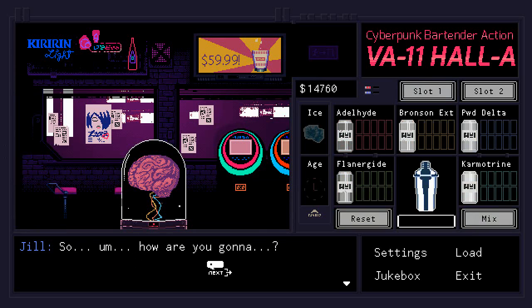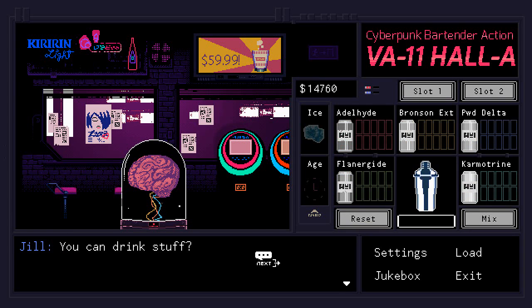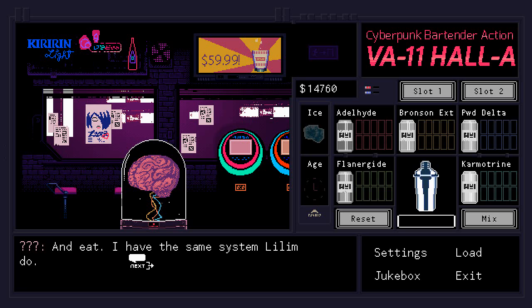So, how are you gonna... Oh, you can grab stuff. Should have figured as much. You can drink stuff? And eat. I have the same system Lilim do. Okay. So, it's...